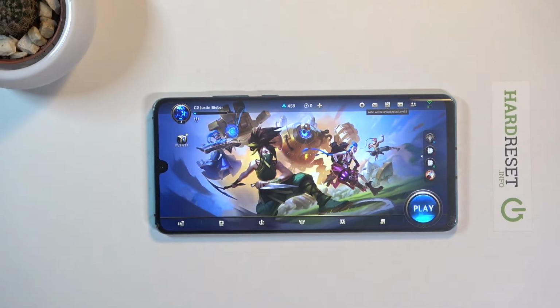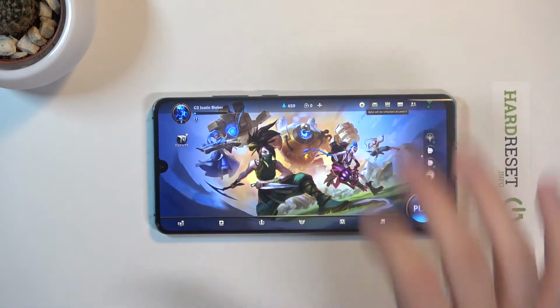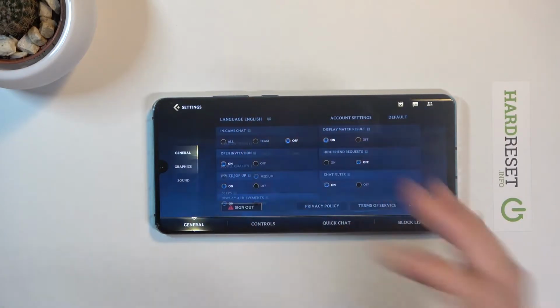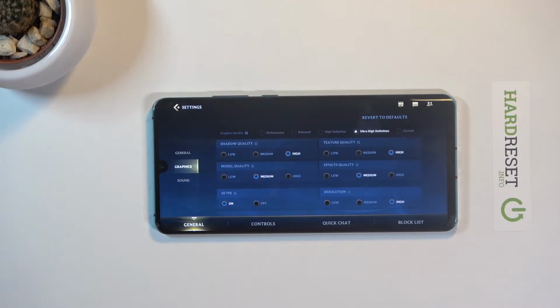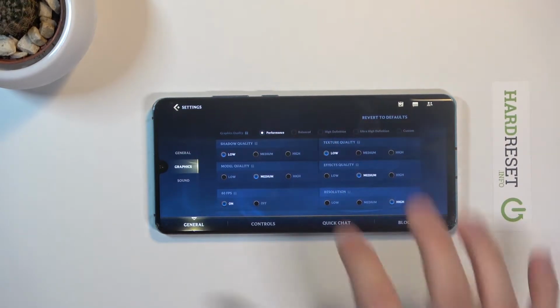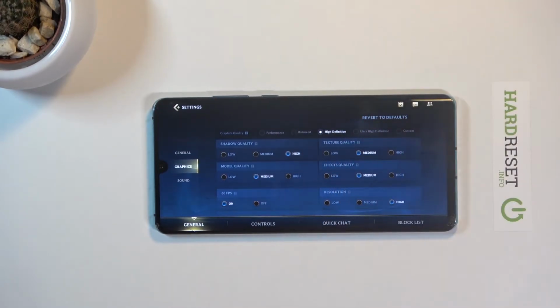Welcome. If you want to change the graphic settings in your League of Legends Wild Rift, at first we have to tap on the settings icon, then move to the graphics. So here we get the quality, we can set the performance, balance, high definition and ultra high definition. So for example, if you want to set up the highest